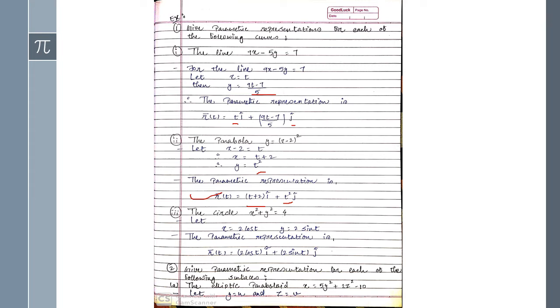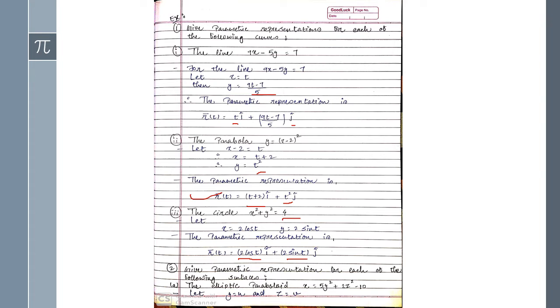Okay. Now we know the parametric equations of the circle, that x equals r cos theta and y equals r sin theta. And for the parametric representation, we will apply t in place of theta. So it will be x equals r cos t and y equals r sin t. Here the radius is given as 2, because the equation is x square plus y square equals 4. So finally it will be x equals 2 cos t and y equals 2 sin t. So just apply the values of x of t and y of t, and you will get the final parametric representation.